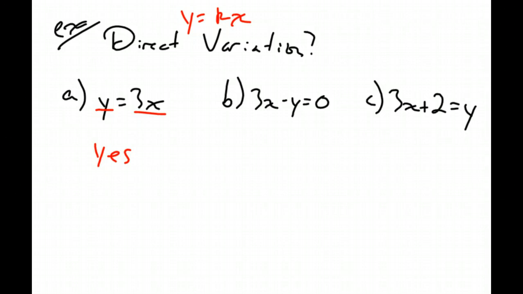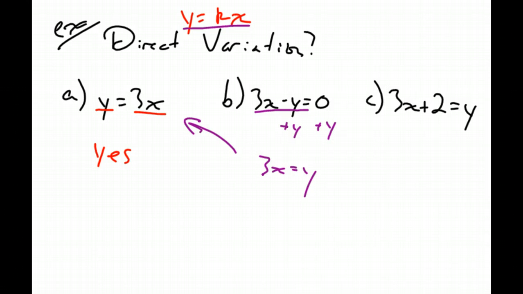Over here, I have 3x minus y equals 0. And I want it to look like y equals kx. It doesn't look like direct variation right now. But if I add y to both sides, then I'll have 3x equals y, which is the same exact problem as that one. So yes, y equals some number times x. So then, yes,